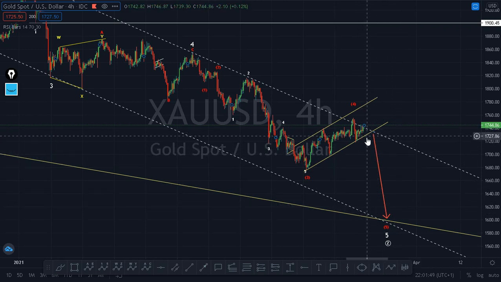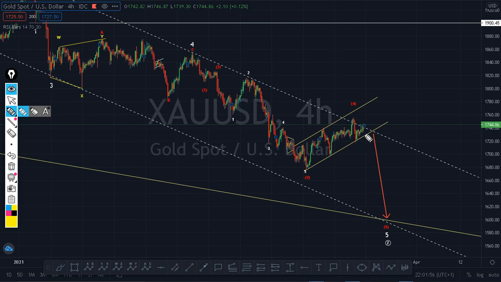I can only look for buy when I see a very big move. If I see a very big move, maybe something like this, then I will look for buy. Because after this, we may have A, B, C. Then I will look for buy. But if that doesn't happen, I will be looking for sell. See, we might have the market keep moving within this channel again, and after that, it can still come back. Maybe this time it may not come here again, but it will close below this place. Take it again. If the market keeps moving in this channel for maybe more days or throughout this week,